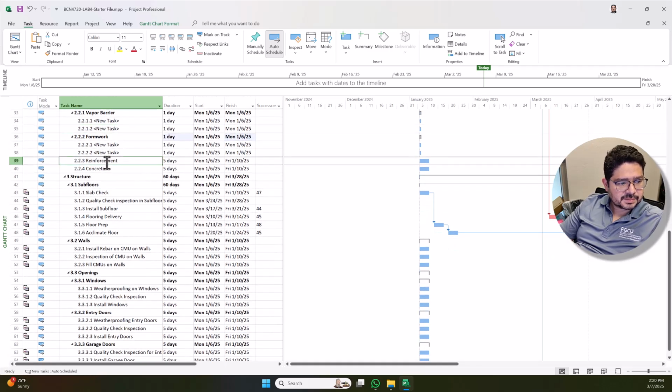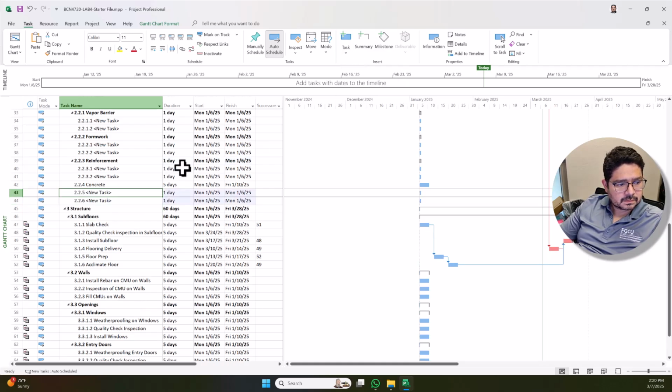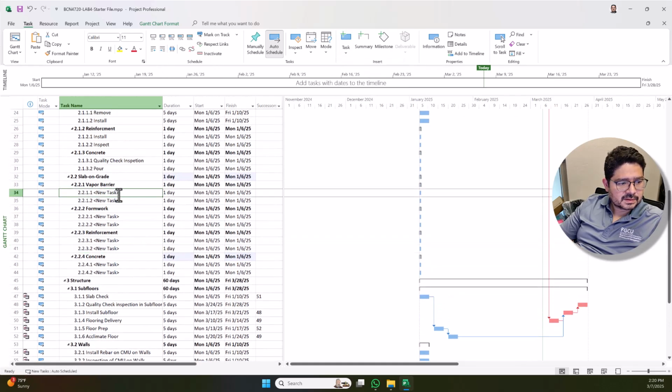Just adding the spacers to define the structure. Okay, and vapor barrier